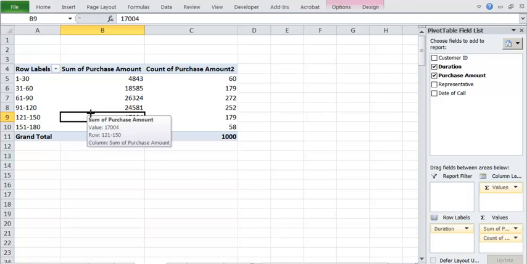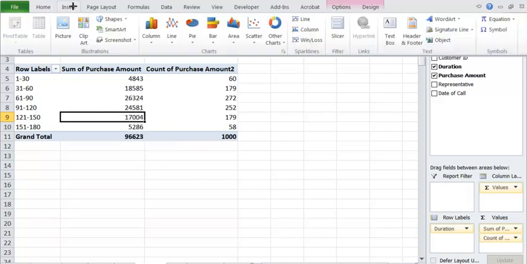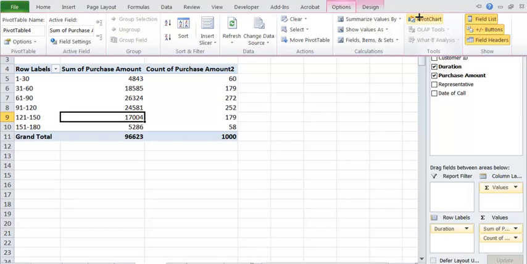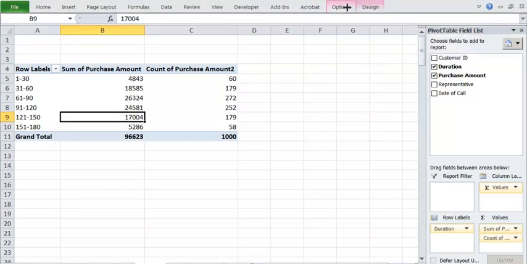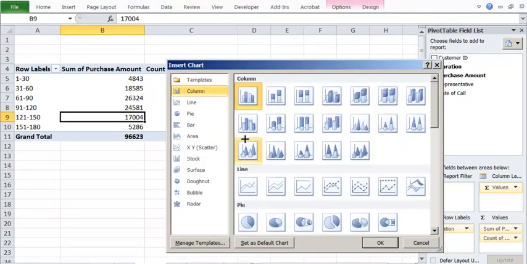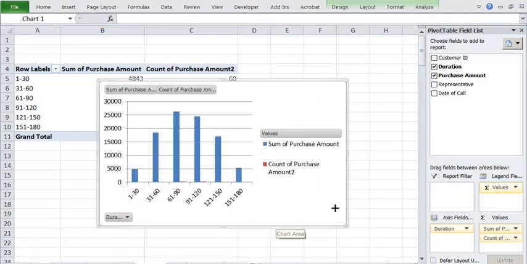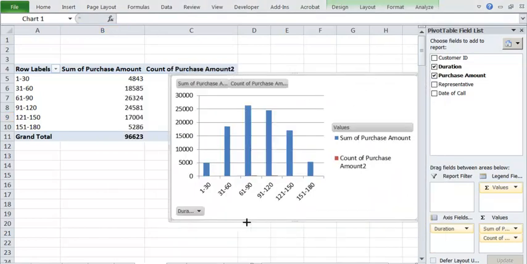You can create pivot charts from this pivot table. You see here, pivot chart. So under the pivot table tools, options, you have the pivot chart. Note that if you are using MS Excel 2013, instead of option here, you will have analyze. Okay, so you have analyze, and inside that you have the pivot chart. So you can say option or analyze, pivot chart, whatever the chart you may want to get. So this is one way to get the chart.